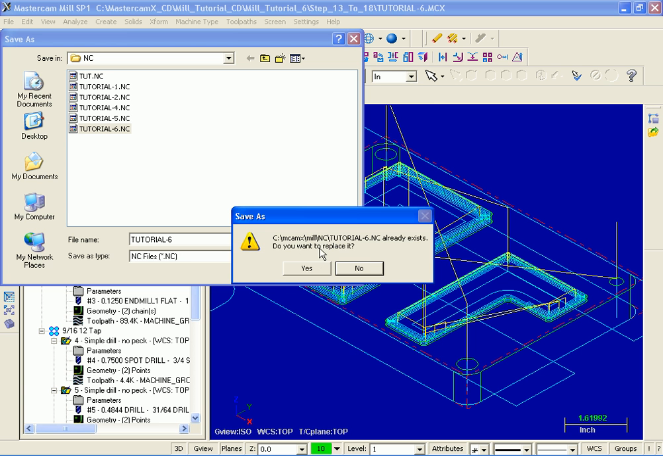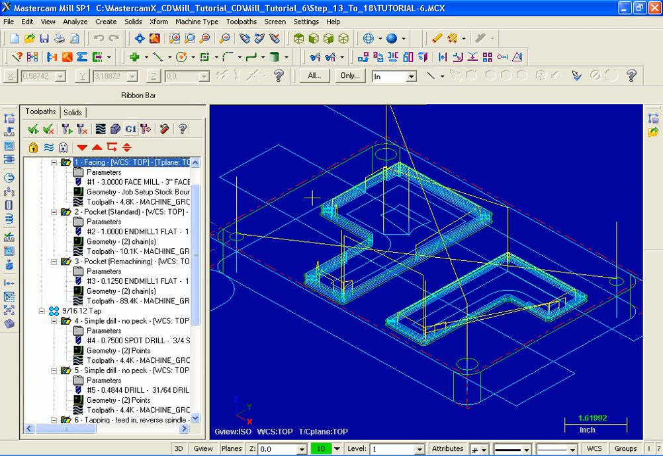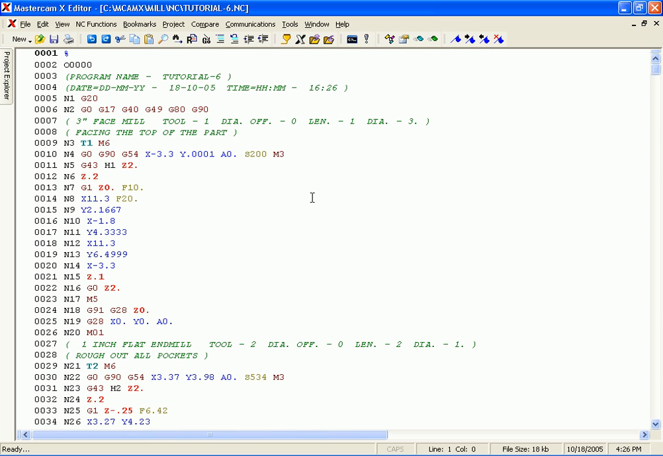Now when prompted, do you want to replace it? I'm going to pick Yes. That's an old file that I don't need, so I'm going to overwrite it. And on the screen is the CNC code for Tutorial 6. I'm just going to move up to the top right hand corner, close this up,